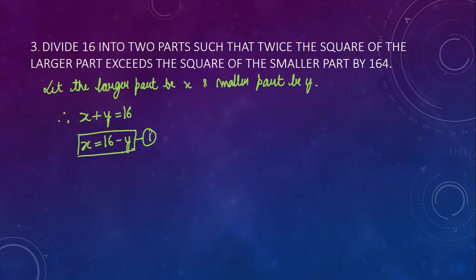Next one. The second condition is also being given to us. They are saying that we need to divide it into two parts such that twice the square of the larger part exceeds the square of the smaller part by 164. That means twice the square of the larger part of 16 is 164 more than the square of the smaller part. So as per given data,